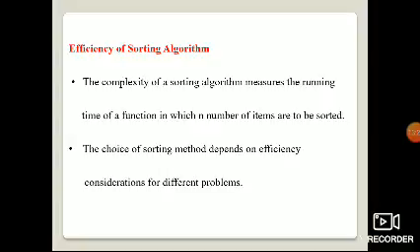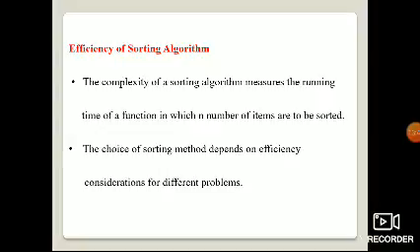So we need the timing: how much time it takes to sort the list, and how much memory it takes for the sorting. That measures the efficiency of a sorting algorithm.